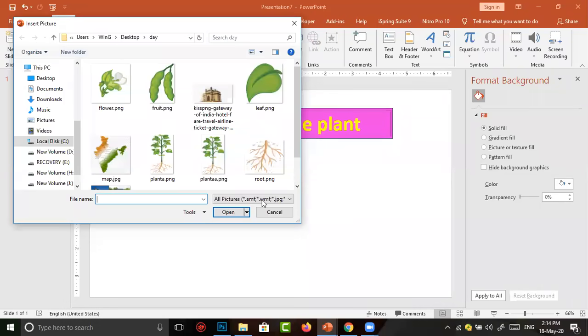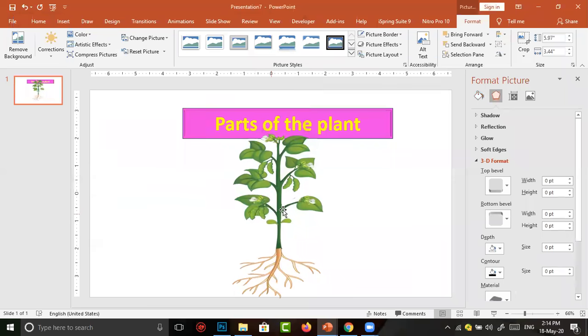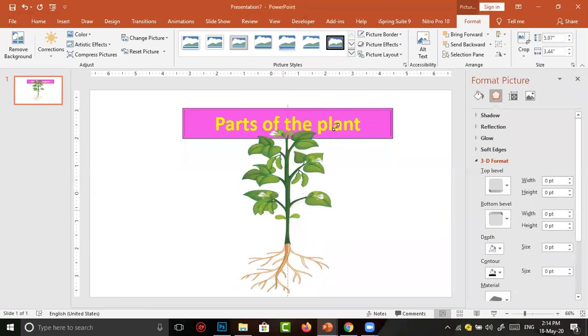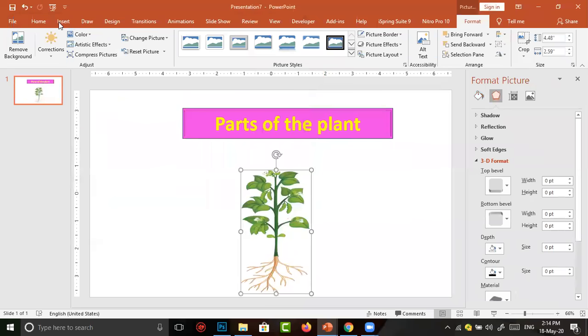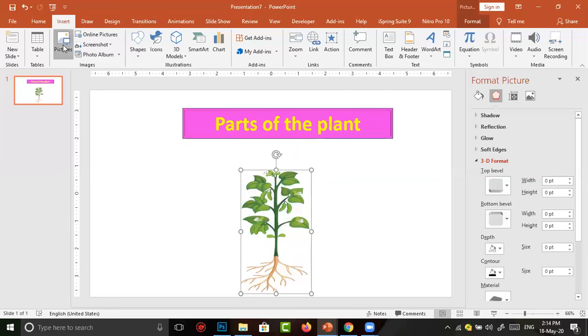Here I inserted it. I already downloaded and stored it on my computer. That's why I have brought the plant directly into our scene. After clicking on insert, various locations will be shown. If you select